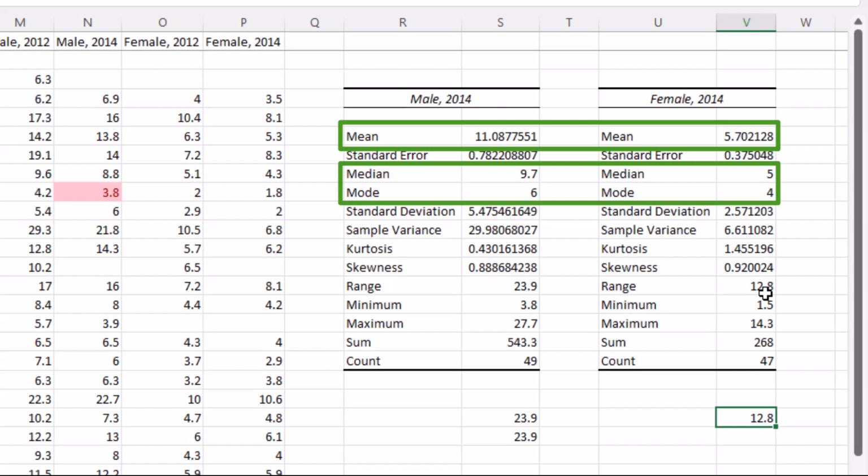Luckily, all three methods of calculating the averages are congruent this time. They all point to the same answer, so we don't have to choose. The male mean, median, and mode are all higher than their female counterparts, so we can be pretty confident in saying that in 2014, males had a higher death rate due to motor vehicle crashes in the US than females.